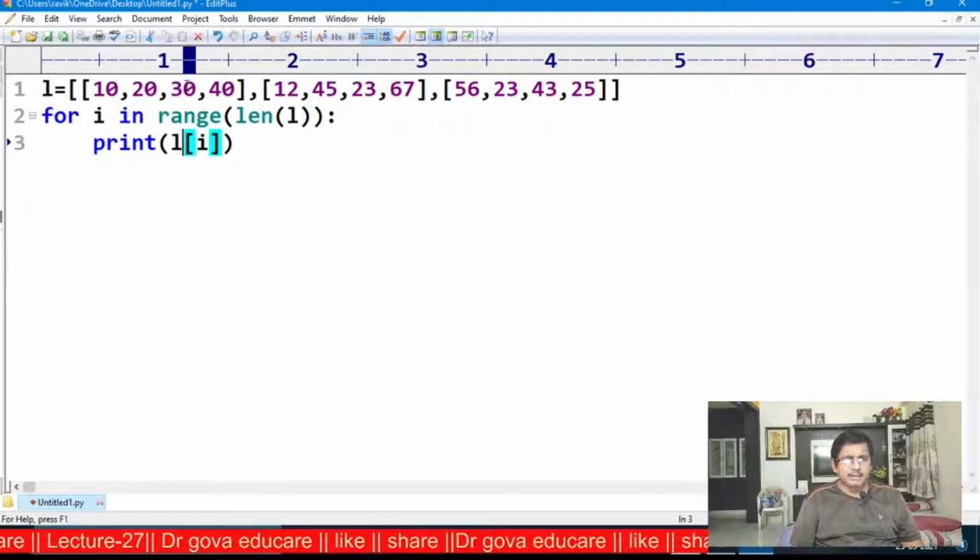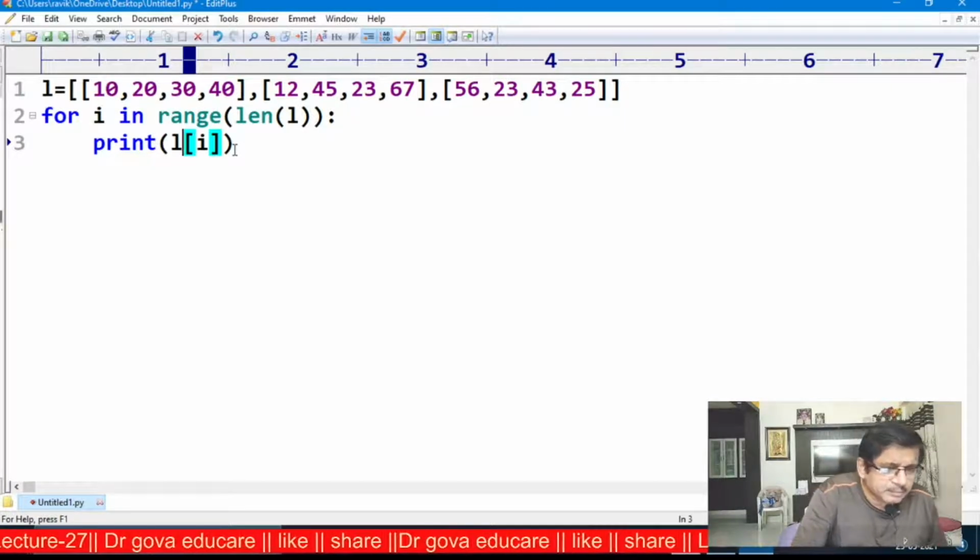The length of L is 3, that is 0, 1, 2. I takes 0, L of 0 will be displayed on the screen. I takes 1, L of 1 will be displayed on the screen. I takes 2, L of 2 will be displayed on the screen.